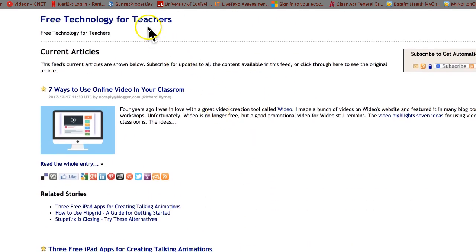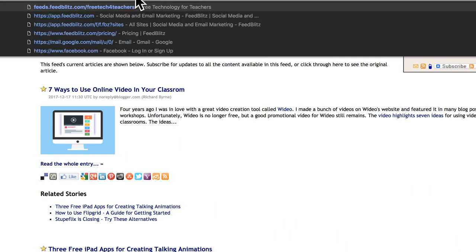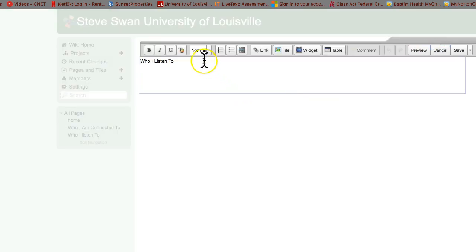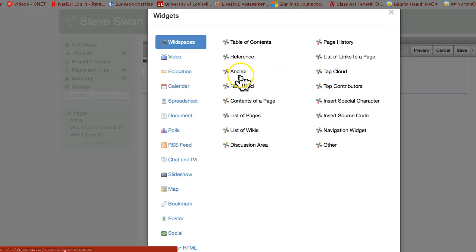All right, so to get this into my Wikispace assignment, I'm just going to go up here and copy the URL. That's all I have to do. I'm then going to jump over to my Wikispace site. I've created the Who I Listen To. This is Module 3. I'm going to click on the Edit button. I'm going to make sure that I move my cursor down a couple of places. I'm going to hit the widget,